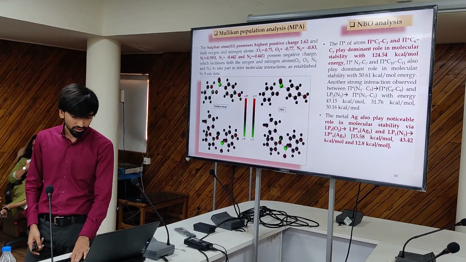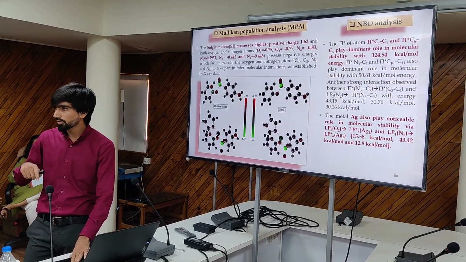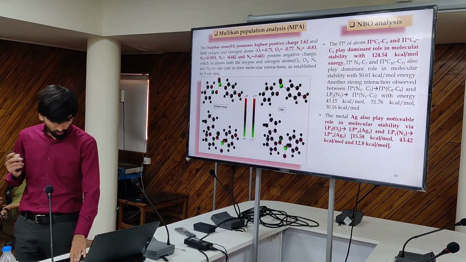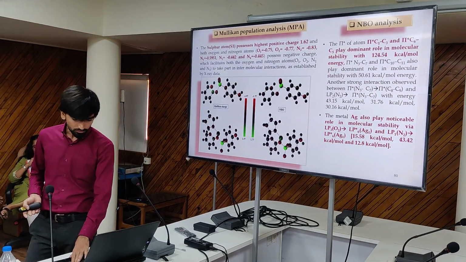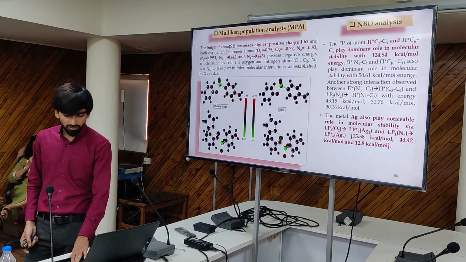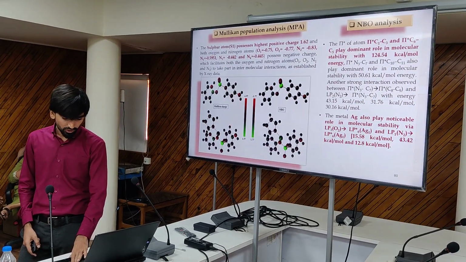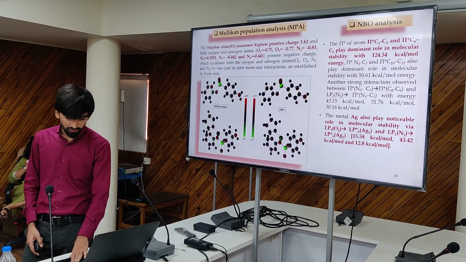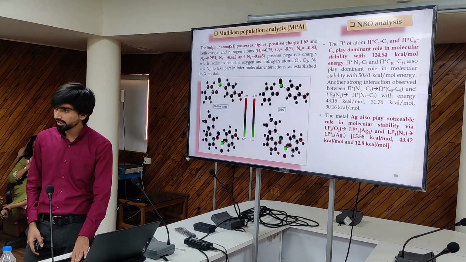And from the NBO analysis, the carbon from the NH2 ring plays the dominant role in the molecule stability, as well as the silver atom also plays a noticeable role in the molecule stability, with energy values around 50.58, 43.42 and 12.8